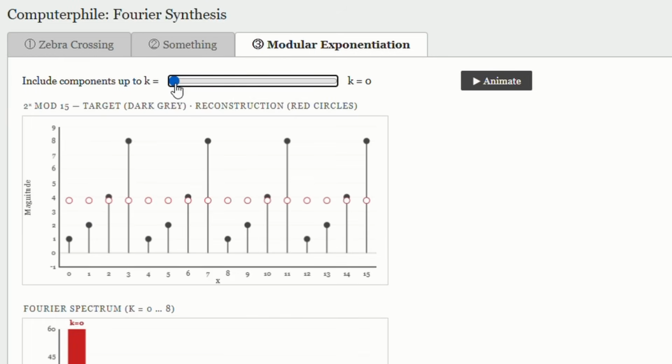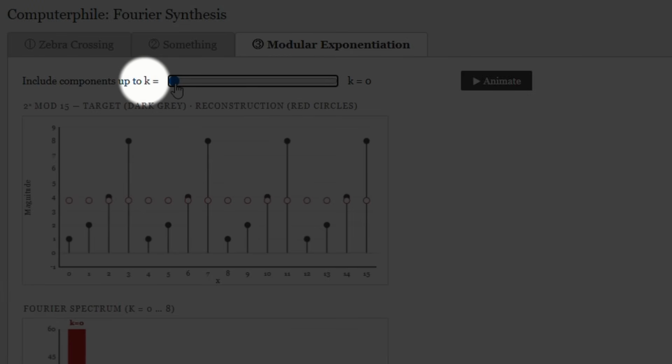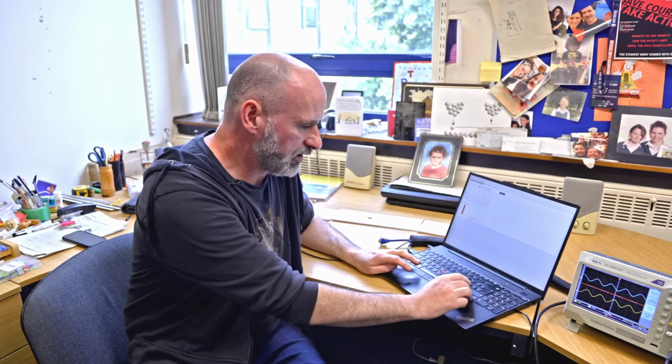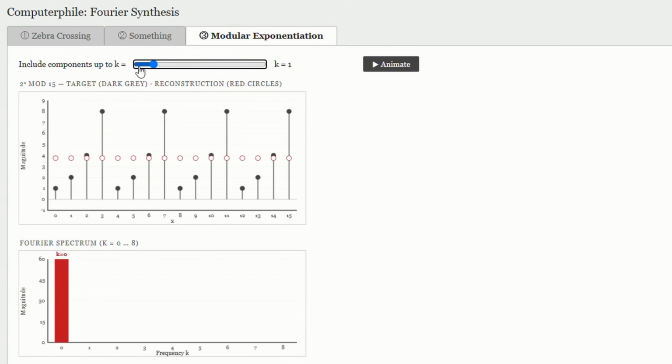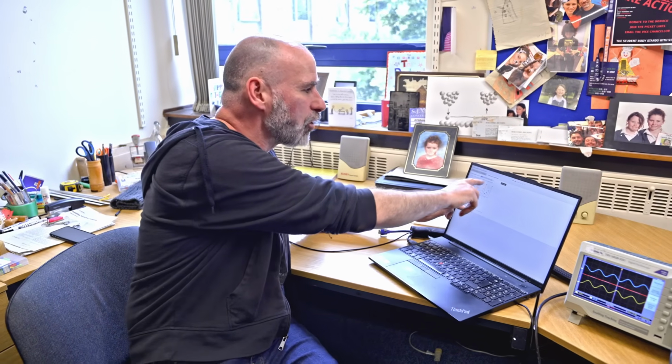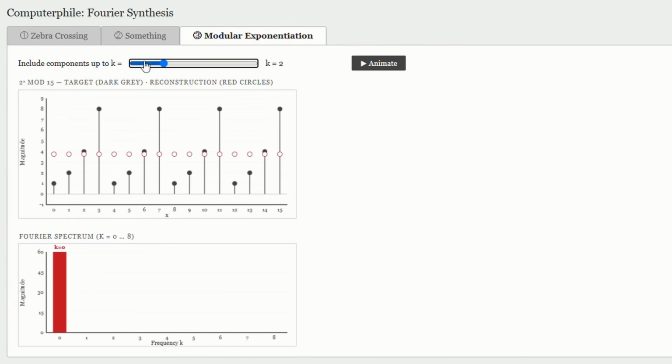And it turns out that when we do the Fourier analysis, k here represents the number of cycles across this window. If we move to k equal to 1, so that's 1 cycle across the 16 particular slots, we find that it looks like nothing's happened, but that's because there is no contribution. When we work out what waves, what frequencies contribute to making up this function, we find that for k equal to 1, we get nothing. For k equal to 2, we get nothing. K equal to 3, we get nothing. But when we hit k equal to 4,